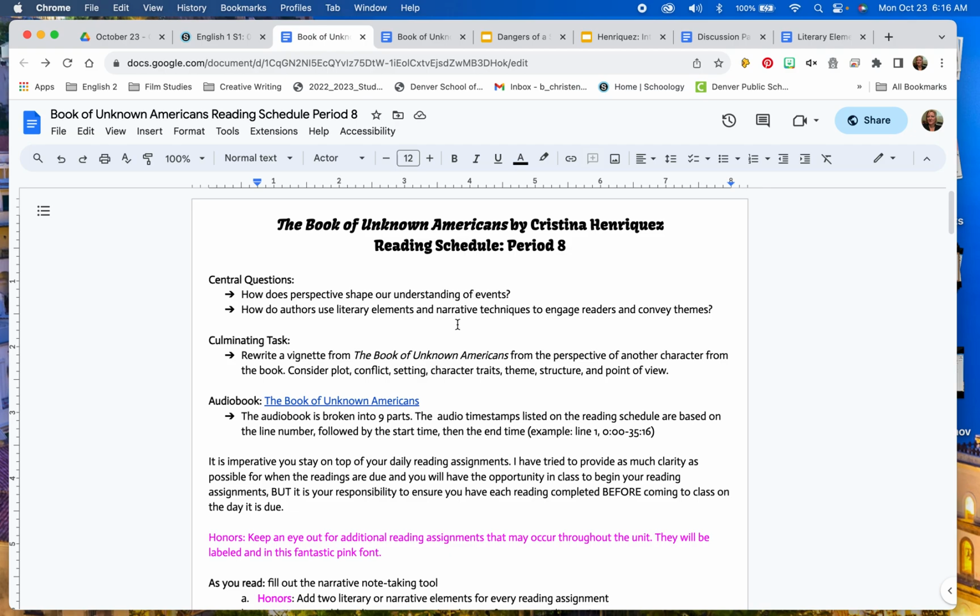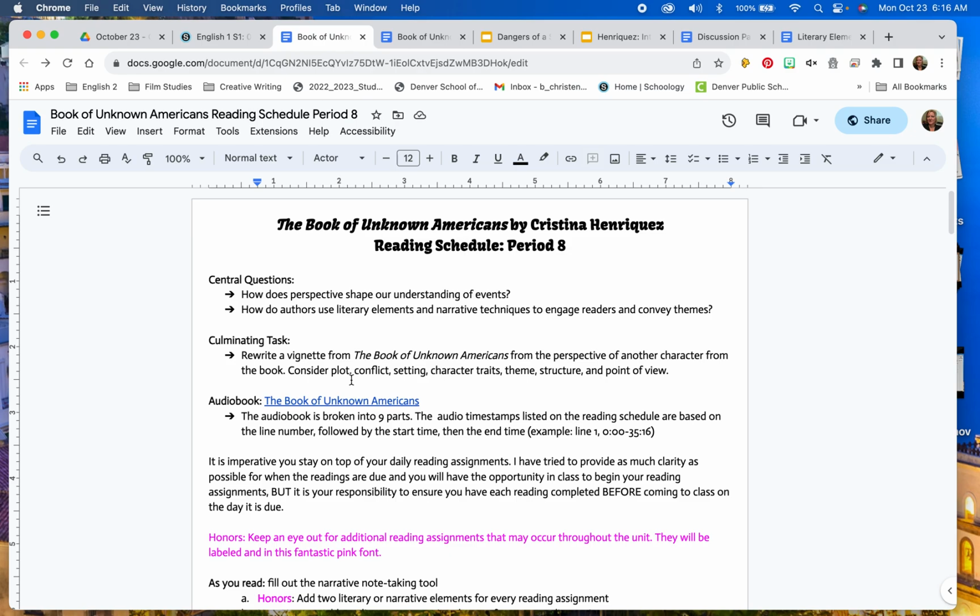We'll be focusing on a wide variety of themes and topics in order to get ready for the culminating task, which I know some of you will be really excited about. It's not a standard essay. You're actually going to write a creative narrative by rewriting a vignette from The Book of Unknown Americans from the perspective of another character from the novel.